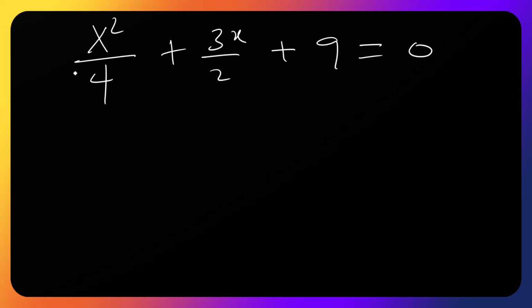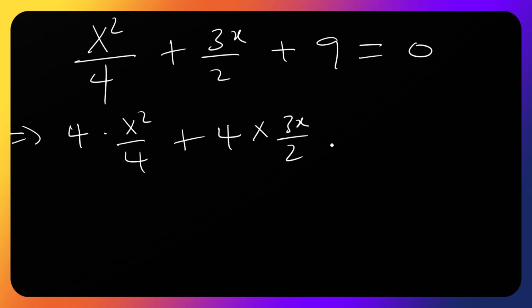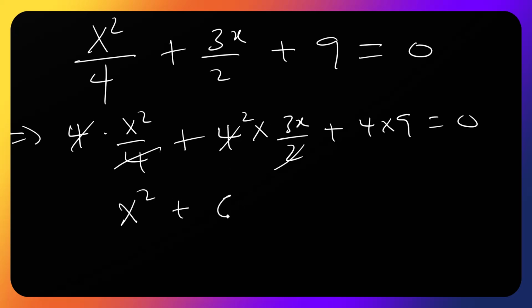Times 4, times 4, times 4: that will be 4 times x squared over 4, plus 4 times 3x over 2, plus 4 times 9, equals 4 times 0. This one will cancel here, the 2. So we have x squared plus 6x